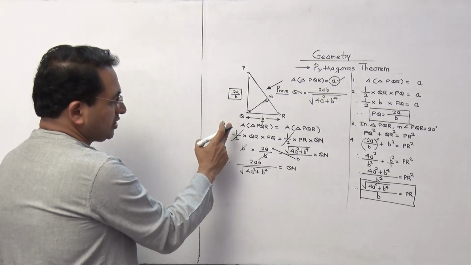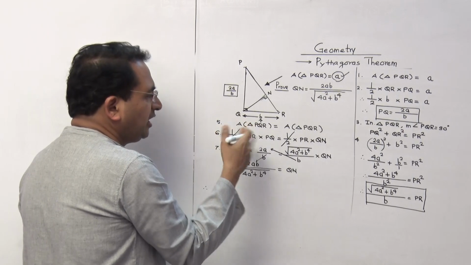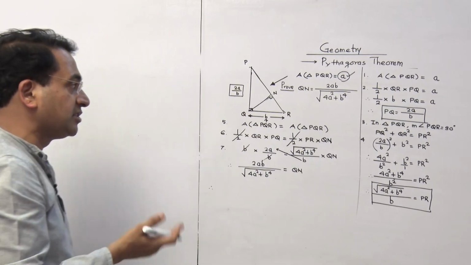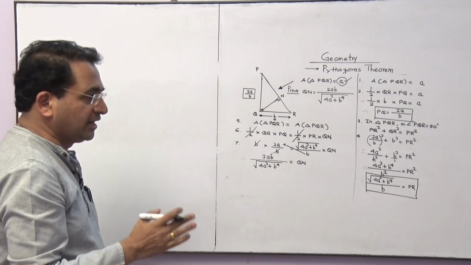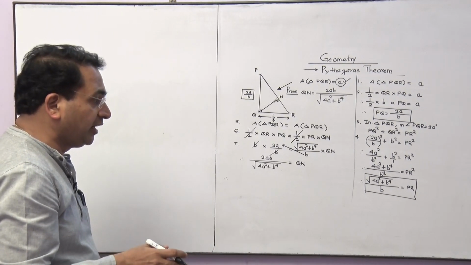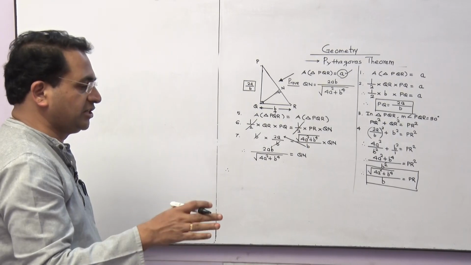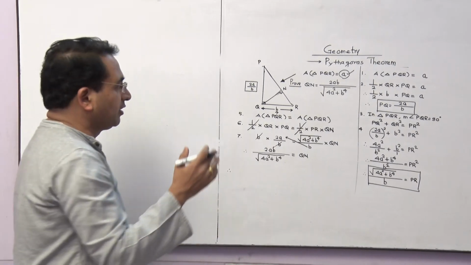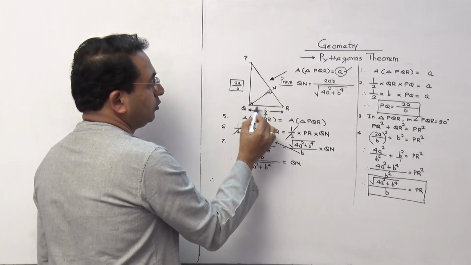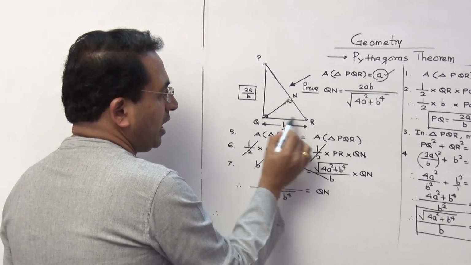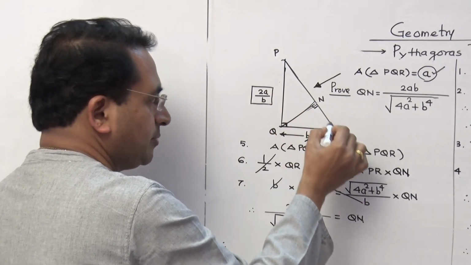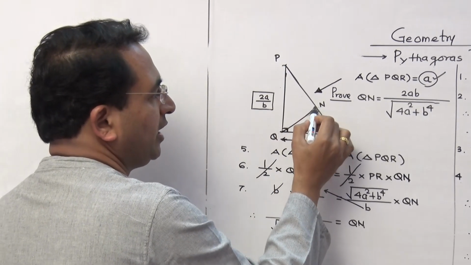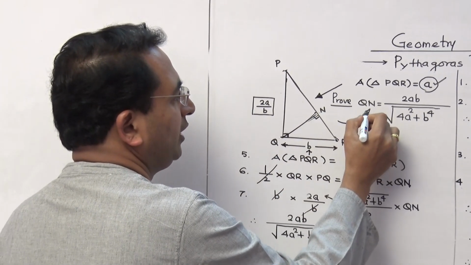See, this logic is different. We hardly use this in geometry, but this is a technique to compare the areas. Triangle area is calculated in 3 ways. The answer will not change, the answer will be the same. But because we are talking about the base like QR, then height is PQ. And if you consider this as a base, then height is QN, and you are asked to find out QN only.